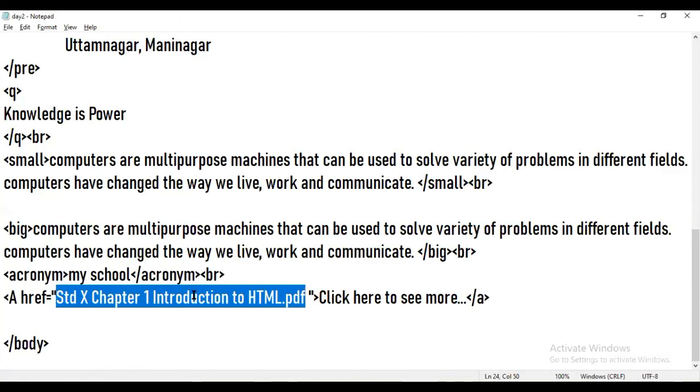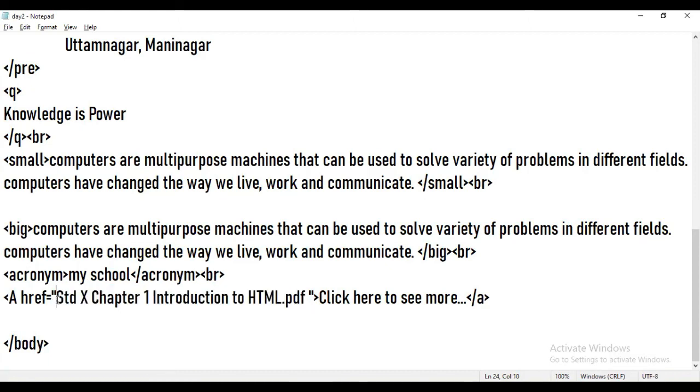So when both this HTML file and this PDF file are in the same folder, this address is called a relative address. And when the files are in different folders and we are using the whole location, at that time it becomes an absolute address.